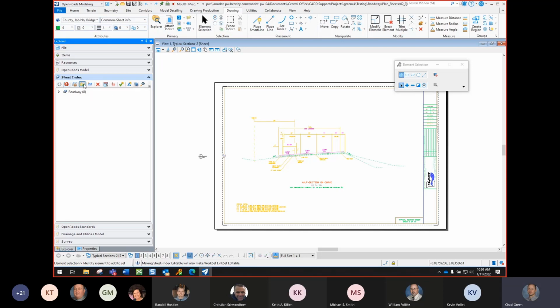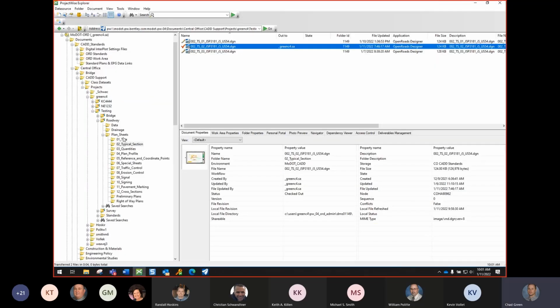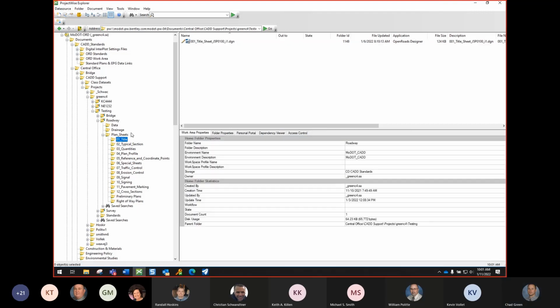And once you've done that, it's going to expand out and give you some more options. This is where you can go through here and add your sheet models that you created and put them inside of this sheet index. And I already have some that are added here. You'll see that I have this title sheet, which is actually this sheet right here. Let me go to this file right here. It actually has a sheet model inside of here, and I attached that sheet model to my sheet index